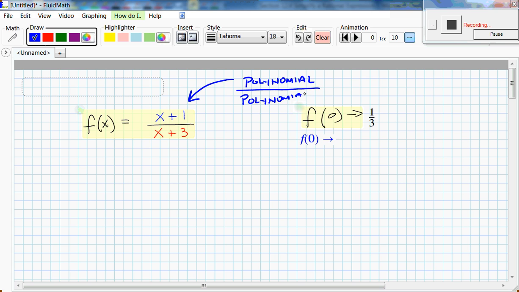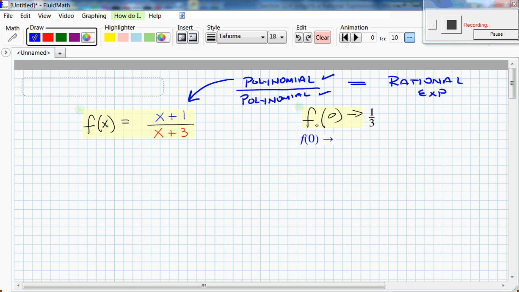I want you to consider that whenever you have a polynomial divided by another polynomial, that's going to be a rational expression. So all it is is a polynomial over a polynomial. And this is an example of one, x plus 1 over x plus 3, okay? But before we get into this,